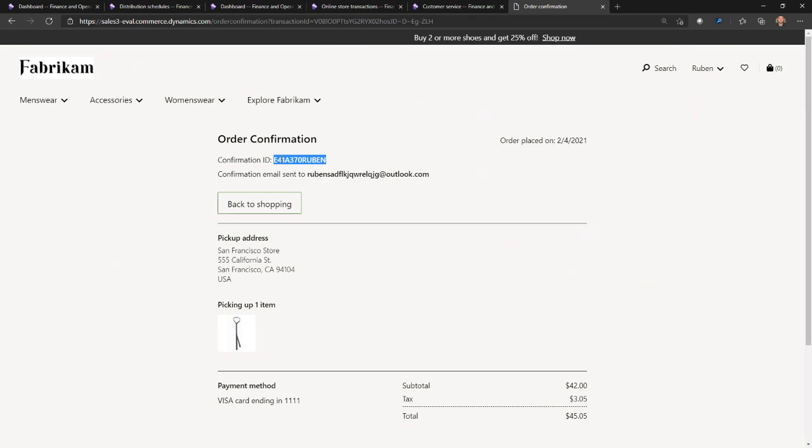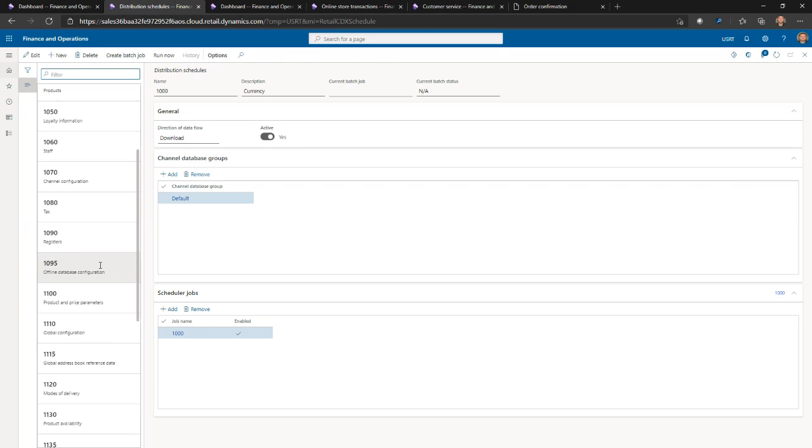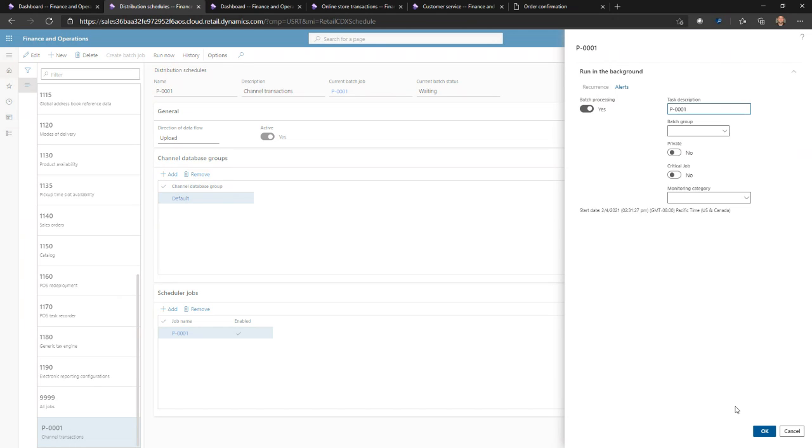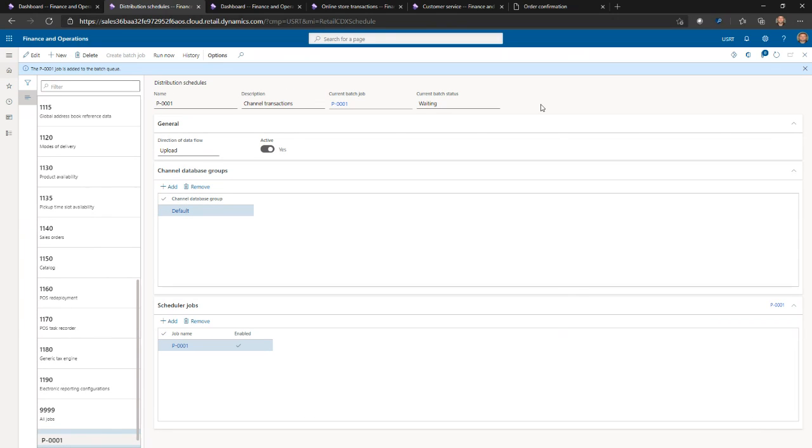It can help to locate the order later on, especially if you're in a system where a lot of people are performing demos. But for today, what I'll do is I'll force that synchronization of this order from the channel database to the headquarters. As I mentioned, I think in this environment, it's set to happen every 5 minutes, but I'll just manually run this job now.